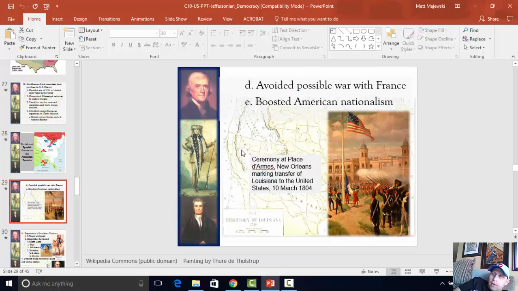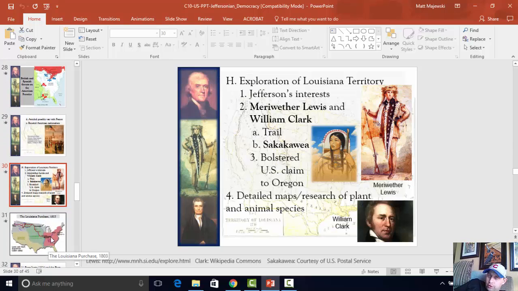Now, other reasons why it's important: we avoid war with France, which may have broken out had France refused our request. And hey, it boosts American nationalism. For one of the first times ever, the United States is going to feel fired up. We're going to feel good about this. It's going to boost American nationalism and support. We feel like we're finally becoming slowly the equal, maybe, of some of these European rivals, that they're starting to take us more seriously, and there's this incredible amount of patriotism and pride that develops afterwards, because this is seen universally by the American public as a good thing.